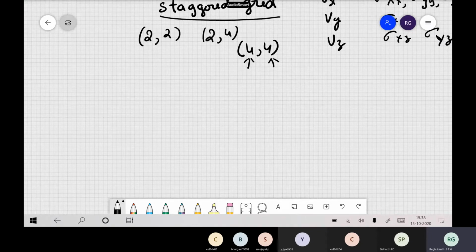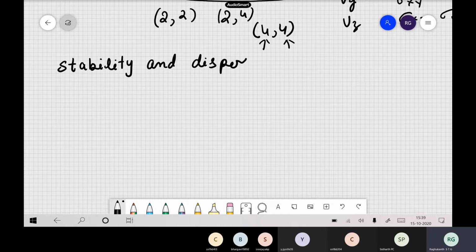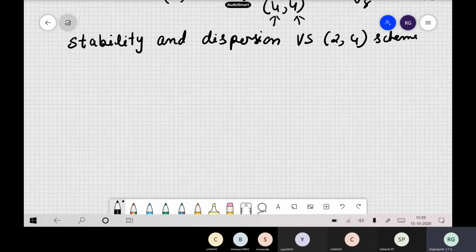Now here the last most important thing in our 3D is that we have to understand this dispersion. Okay, in 3 dimensions. This is a very important thing. Okay, so now we will just see this last topic, that is stability and dispersion in our 3D scheme. Okay, so in this velocity-stress formulation, let us say our scheme is 2 comma 4. Okay, so let us just see this thing itself.